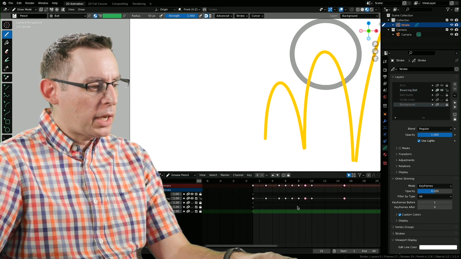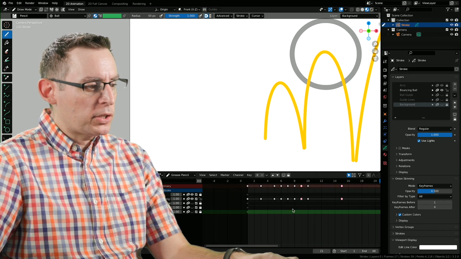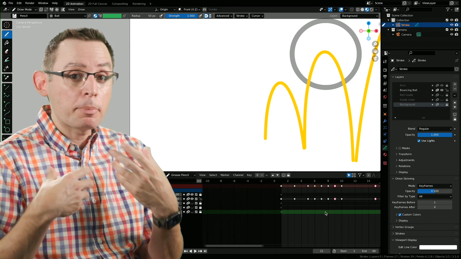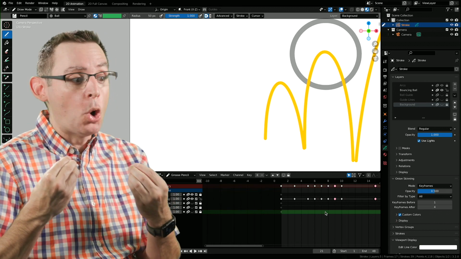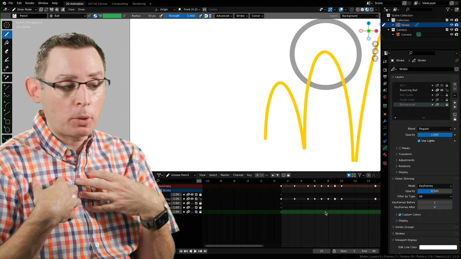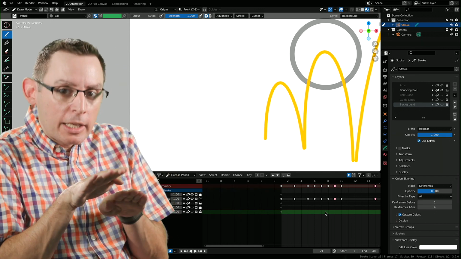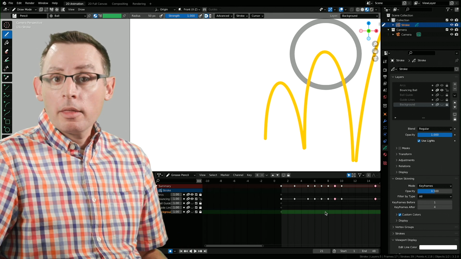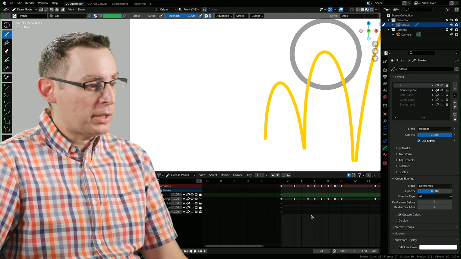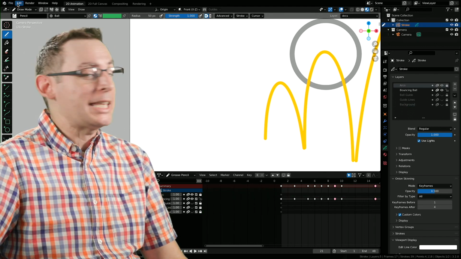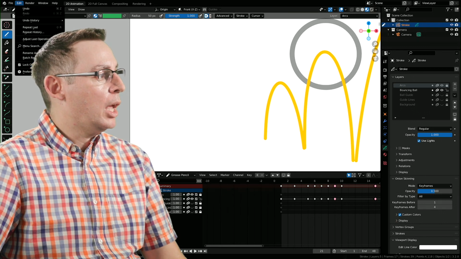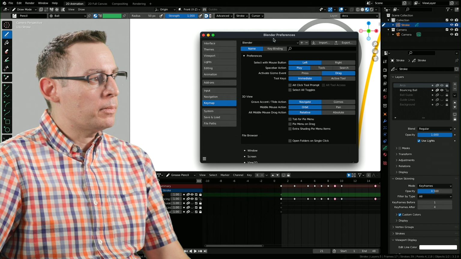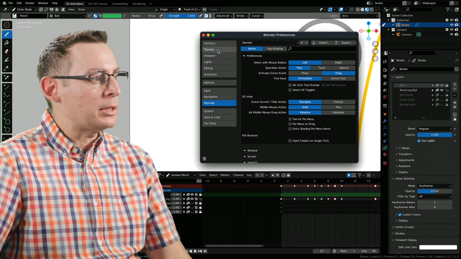Now, if you look very carefully here, the subtle difference in color is noticeable, but we can actually go in and start to amplify this and make it a really noticeable change. And this is something that I like to personally do. It's nice that there are slight shades from each other, but if I wanted to make it really red all the time, it requires us to go into our Blender preferences. Let's do it real fast. I'm going to go into the Edit menu at the top of the screen and open up my global Blender preferences. And where we're going is under the Themes section.